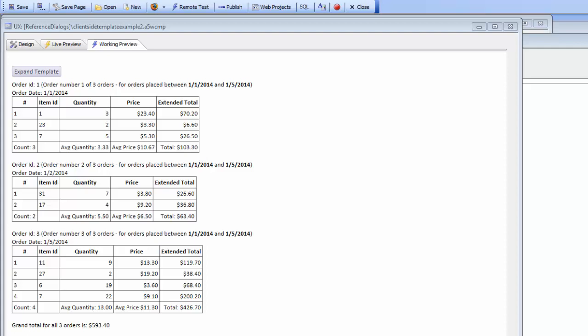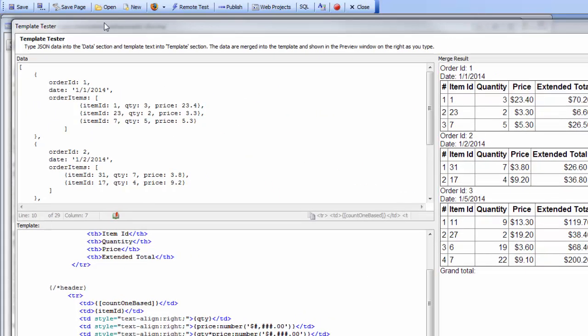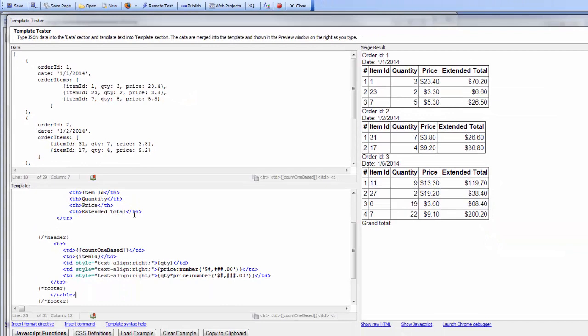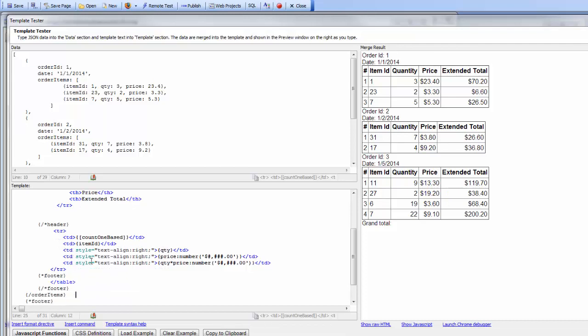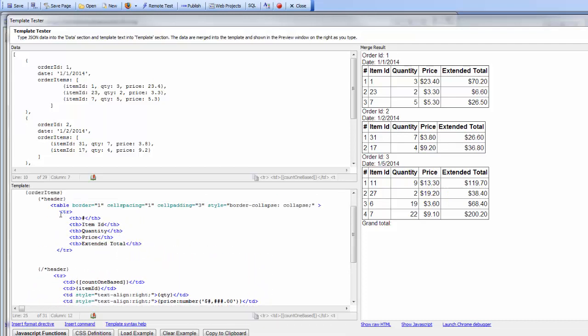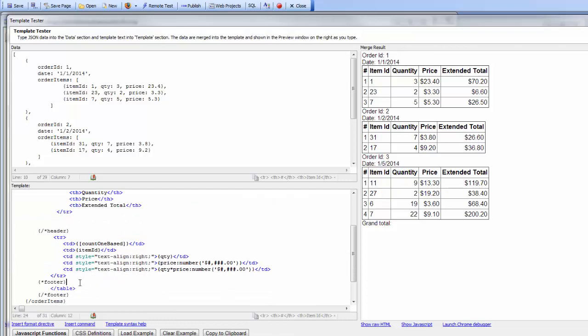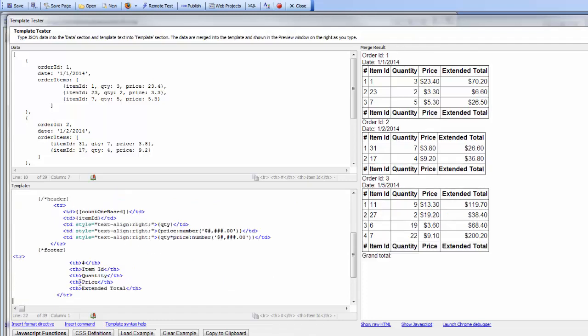So we're going to go back now to our template here. I can see that we've inserted text align right for each of these data elements. So in fact they are currently aligned right, but what we don't have is the footer row appearing over here. So what we'd like to do is put in a footer row. I'm going to copy this row from the header and duplicate it in the footer over here. So I'm going to paste that in,